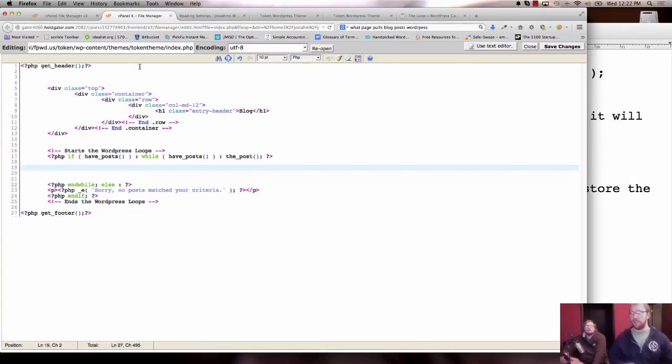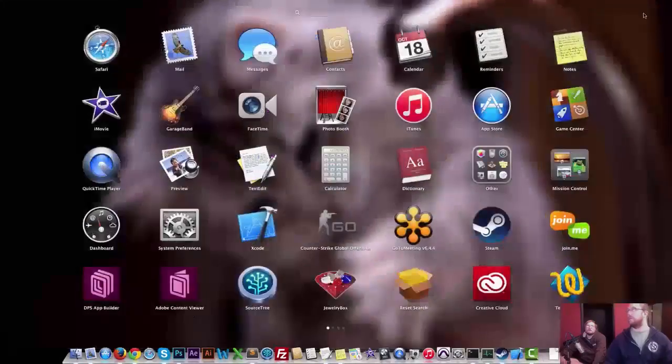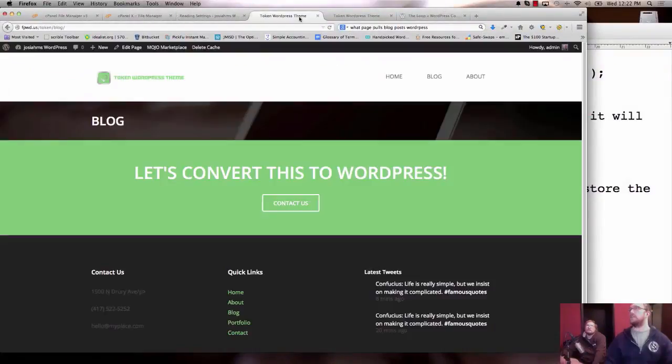So let's just put something inside of the loop and see what happens. Right now I'm just going to put PHP the title. So this should grab the title of each of the blog posts that we have. It will loop through them and show the next one. Actually, I'm going to add an H1 tag around it so that they're each on their own individual line, because H1 is a block level element. Let's save that, refresh this,